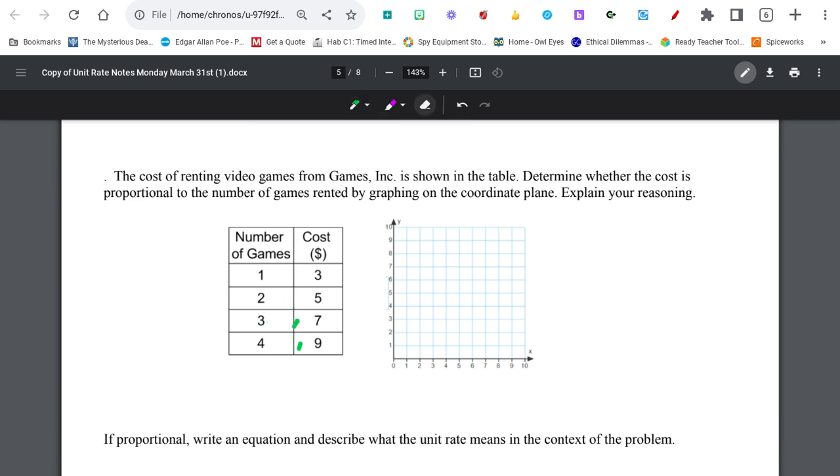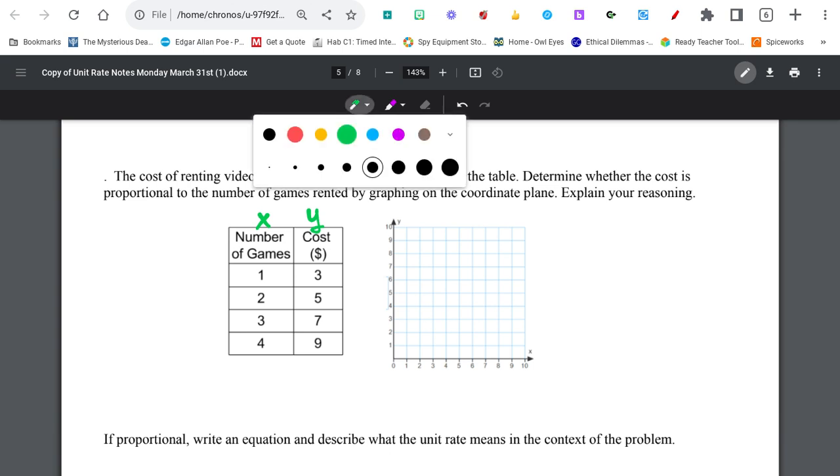Now you could also find the unit rate to determine if it was proportional or not. So you all know you got to buy a game. You go get your game before you pay for it. So you all know that this is X and this is Y. X is the thing that happens first. So you should know that the number of games is X, the cost is Y. And if you decided to check every Y